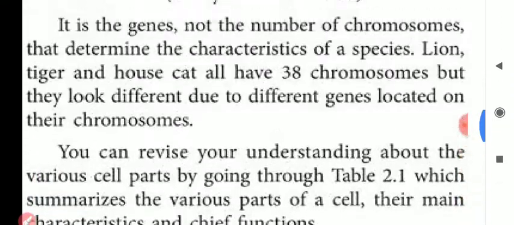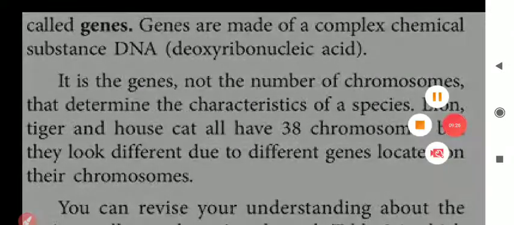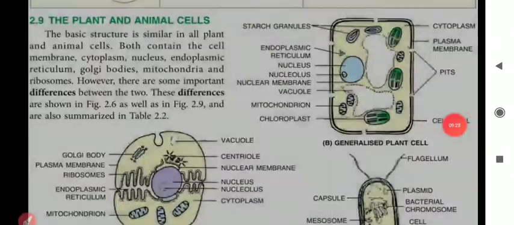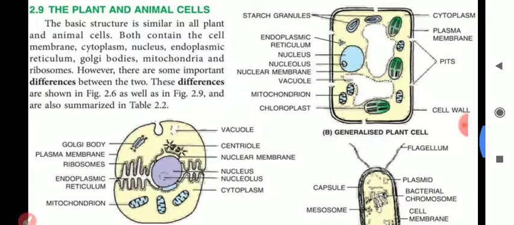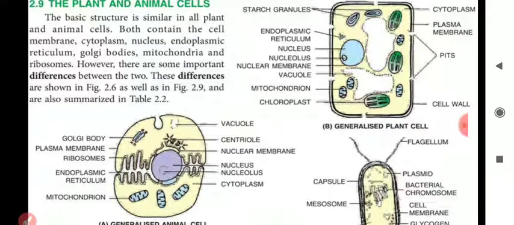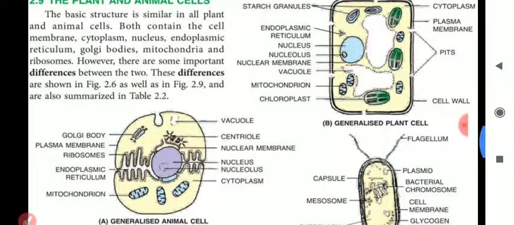Next, my dear students, we'll discuss further about the cell organelles. Already we have discussed. Now we'll be moving to the next topic. Next, my dear students, you can see here plant cell and animal cell diagrams. Already I told you that these diagrams you have to practice in your notebook. Some of you might have drawn also. So all the students must draw the diagram of plant cell and animal cell.